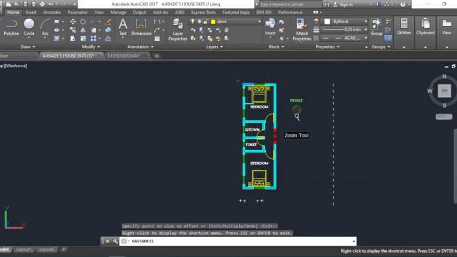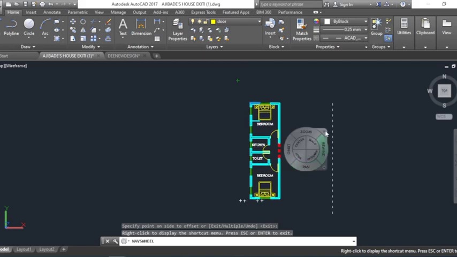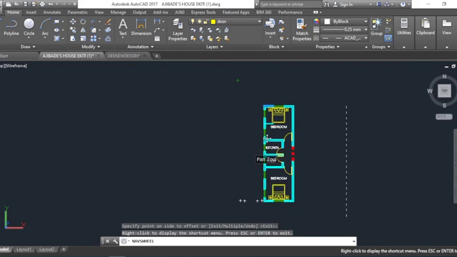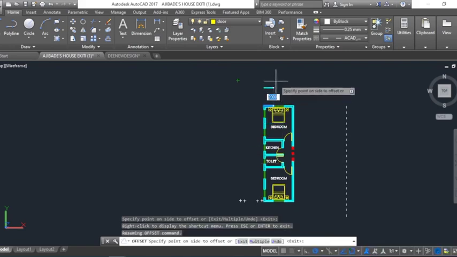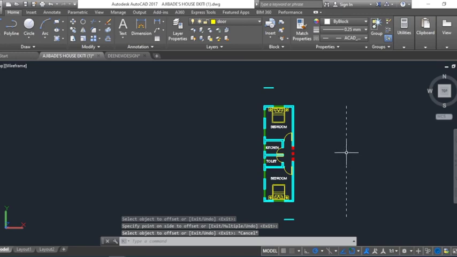Let me zoom out a bit. So okay, click on that wall, extend 2 meter. Click on this wall, extend 2 meter. Okay, once we have that done,